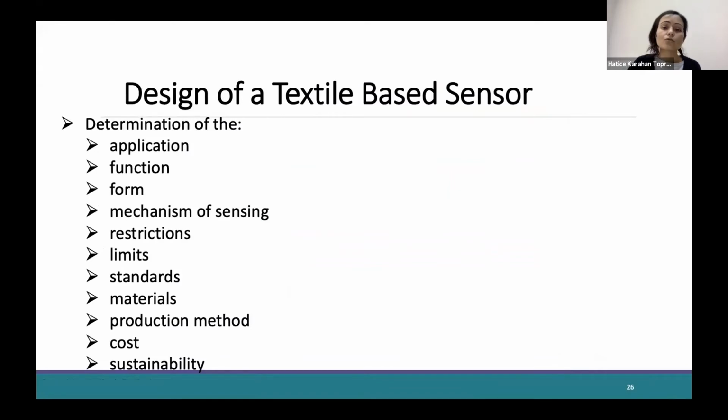Now, if we come to our research part, I would like to talk about the design of a textile-based sensor. Now, there are a couple of things if we want to design a textile-based sensor. The first thing is, of course, the design definition of the problem. Okay, what is our problem? We want to measure something. We want to control any kind of system. So, okay, we need to determine the application, function, form of the sensor,